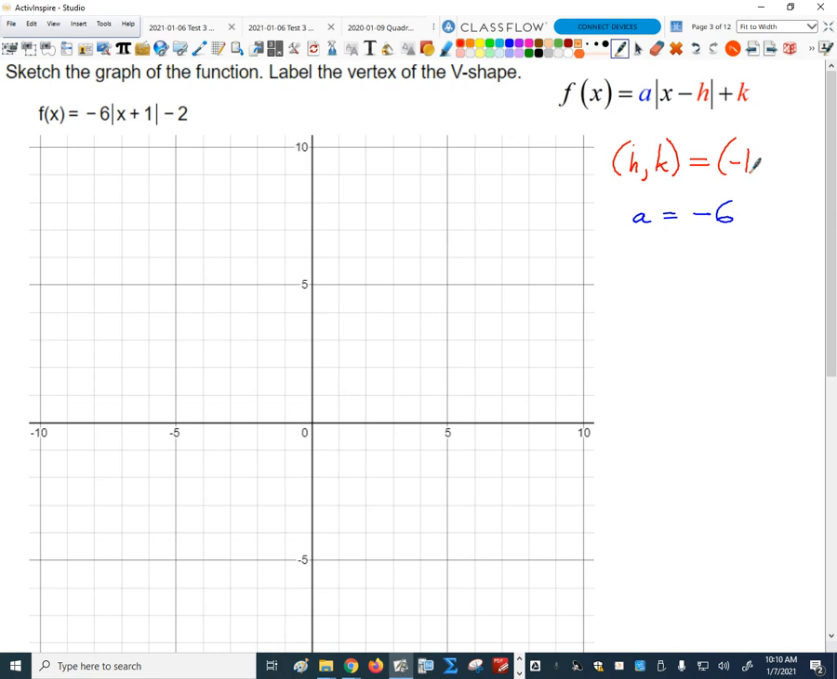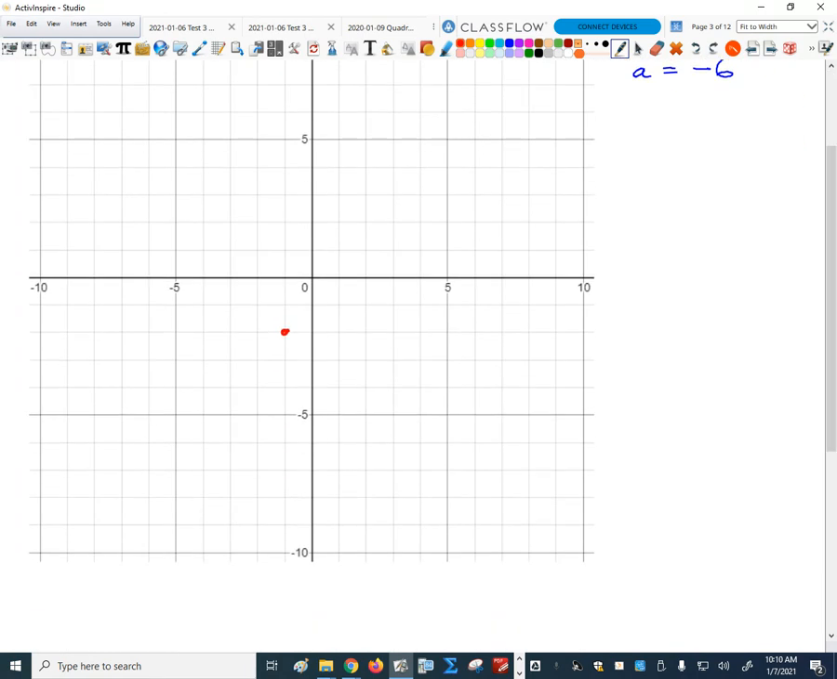So -1, -2 puts us there. And then if A is -6, instead of going over 1 and up 1, I'm going to go over 1 and do what with it, Mr. Demanu? Over 1 and down 6. Over 1 and down 6. Good. So over 1, down 6